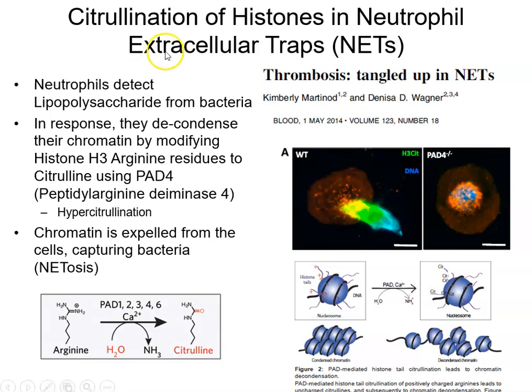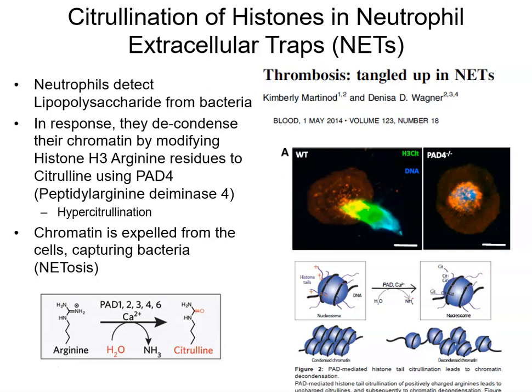And the first one of these is neutrophil extracellular traps. Now, neutrophils are white blood cells, and they have this clever ability of when they sense lipopolysaccharide from bacteria, they can very quickly loosen their chromatin and then eject it from the cell, and the DNA is effectively spewed out of the cell, and that DNA is very sticky to bacteria. So where you've got a site of infection, you've got a lot of bacteria there, neutrophils will home into that area, they will then change the chromatin structure, and they will effectively explode, spewing out their DNA in something called